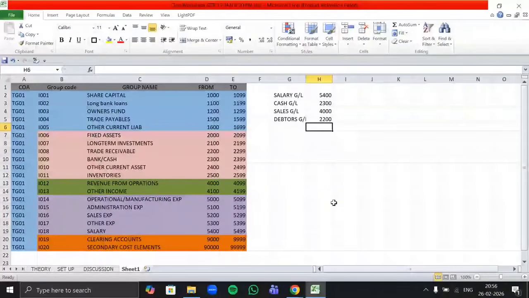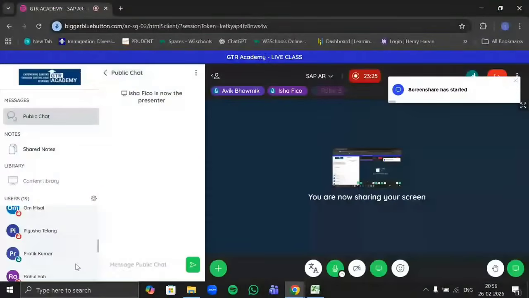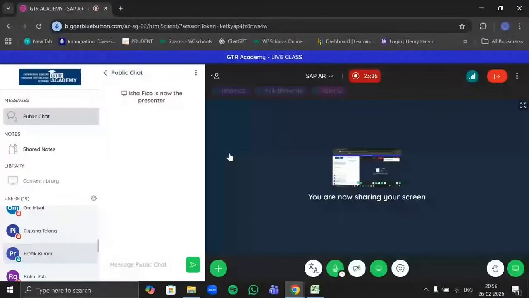Decision done by trade receivable in that scenario. If you have an asset in your business, under current asset, banks also come under current asset only.